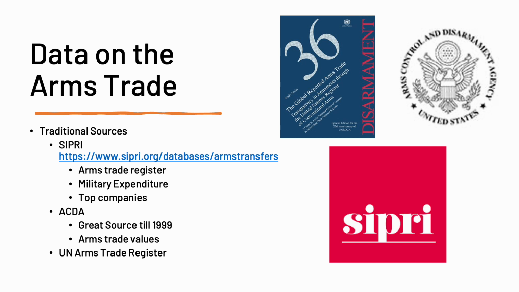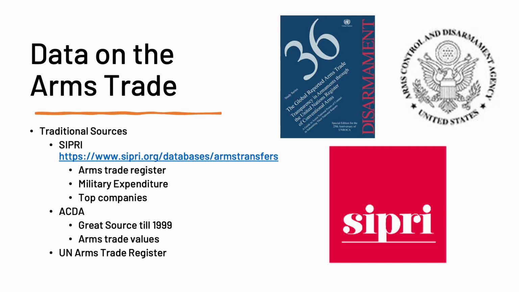In the arms trade scholarship prior, ACDA was a great source until 1999, when it was taken out, and then it was put back in, I believe, in the early 2000s, and actually just ended, like I said, just about a year ago, which was really interesting. The ACDA was essentially the U.S. government's reporting of arms transfers around the world, which also gave an interesting insight, especially when you're looking at data from the 70s. The ACDA was arguably more accurate than SIPRI or any other